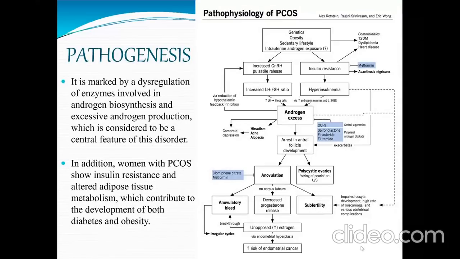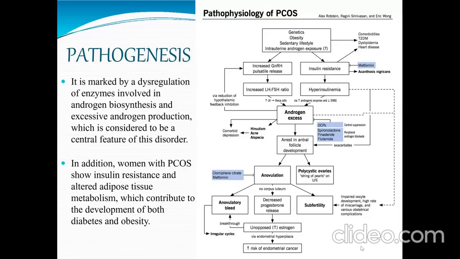Pathogenesis of the polycystic ovarian disease. It is marked by a dysregulation of enzymes involved in androgen biosynthesis and excessive androgen production, which is considered to be a central feature of this disorder. As you can see in the flowchart that I have included, at the center, very nicely written in bold letters, is androgen excess. You can see that the androgen excess is due to various factors